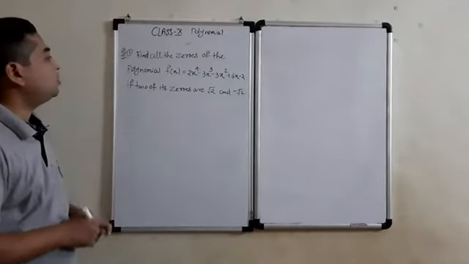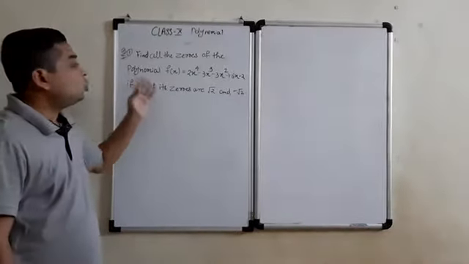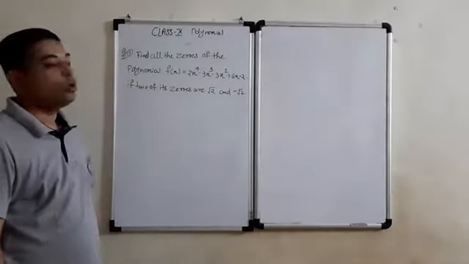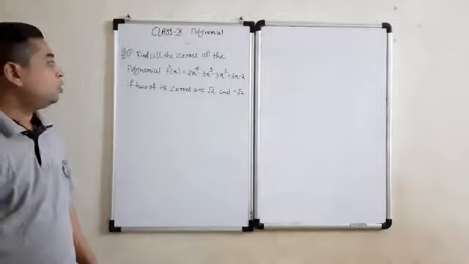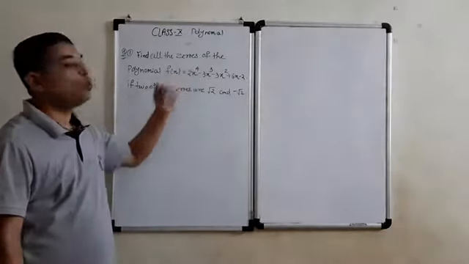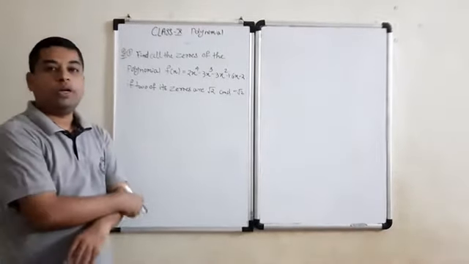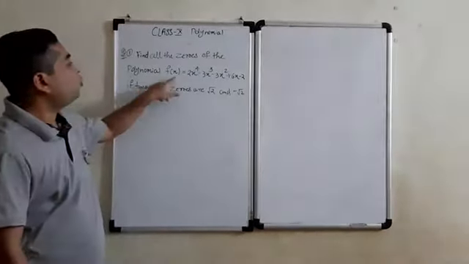In the polynomial chapter, today we will discuss a question in which one polynomial is given to us. The degree of that polynomial is 4 and two zeros of this polynomial are given to us, and the remaining zeros we have to find out. Okay. So here one polynomial is given.